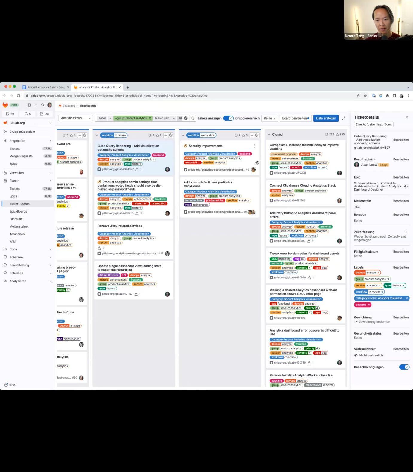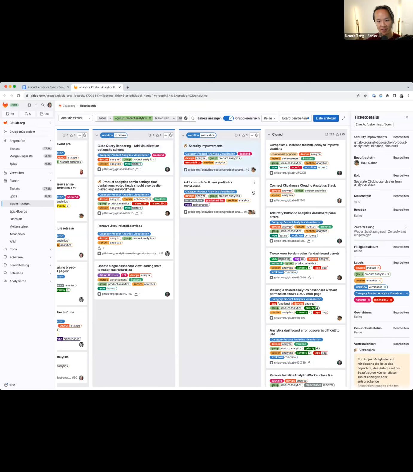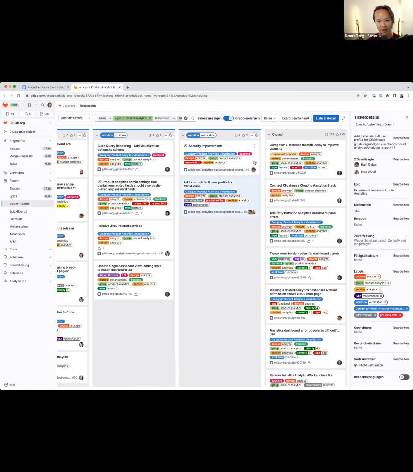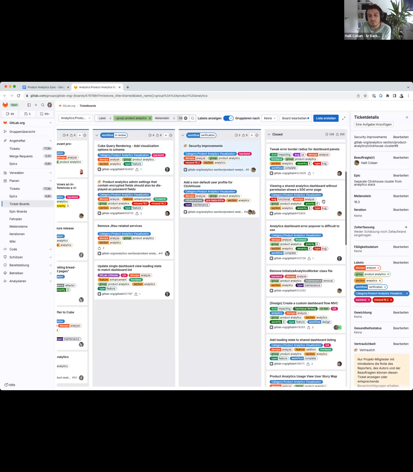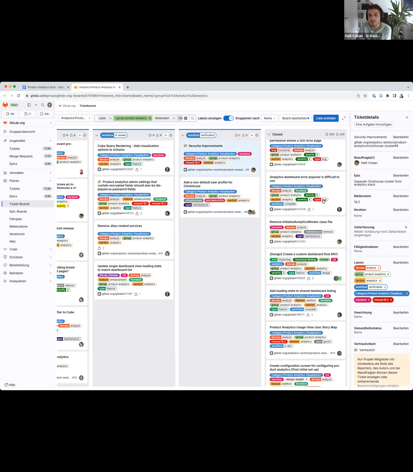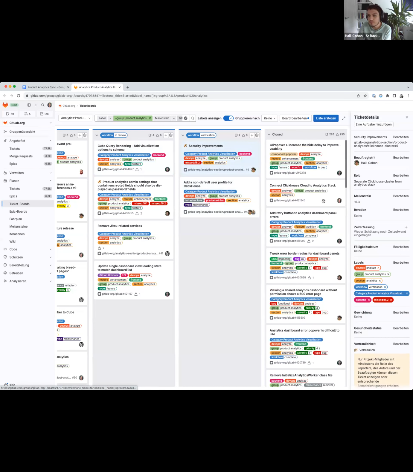Got it. And then Halil, you have the two issues in verification. Anything you wanted to call out here? Yeah, there are scaling verification. Basically, I want to deploy them and then see if it's about the non-default user. About the security improvements. Yeah, this is after verification, we can close it, but I expect some follow-ups based on